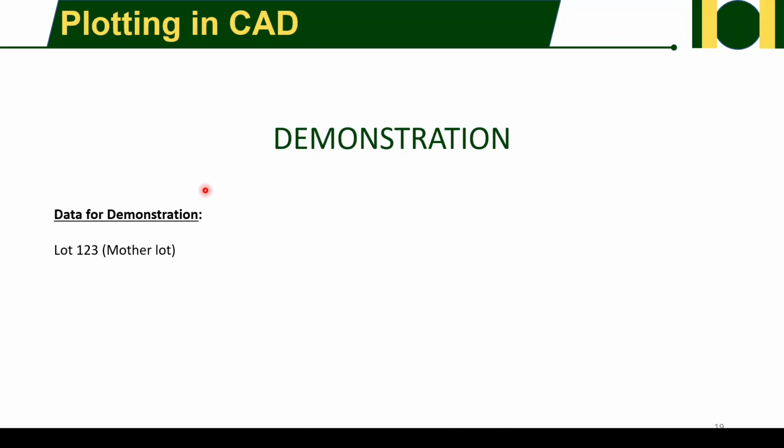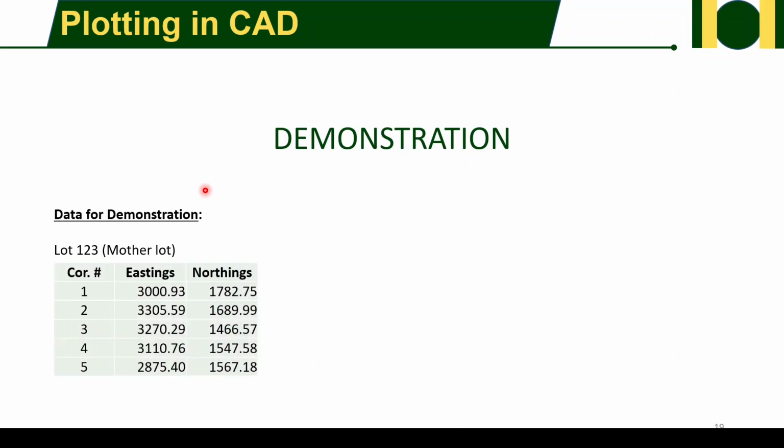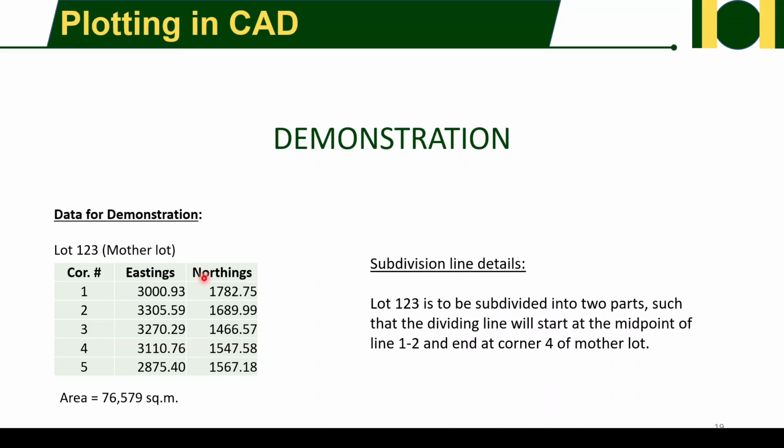For the demonstration, I'll be using the data. You have lot 101, 2, 3, which is the mother lot, and I have these eastings and northings. The area is 76,579 square meters, and its subdivision line details. Lot 1, 2, 3 is to be subdivided into two parts, such that the dividing line will start at the midpoint of line 1 to 2 and end at corner 4 of the mother lot. To illustrate that one,